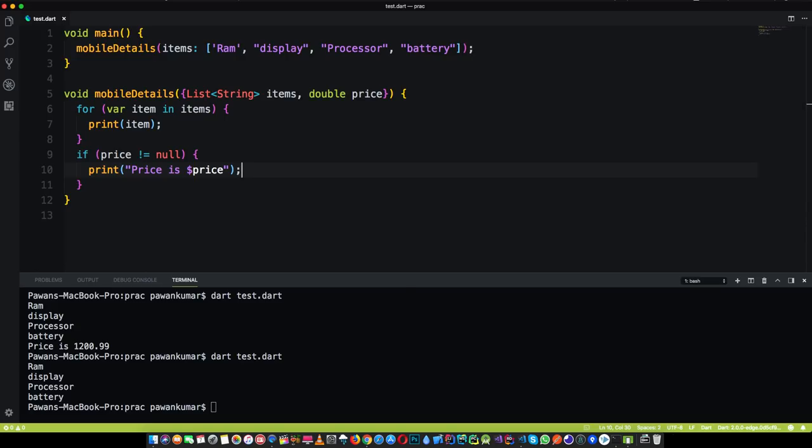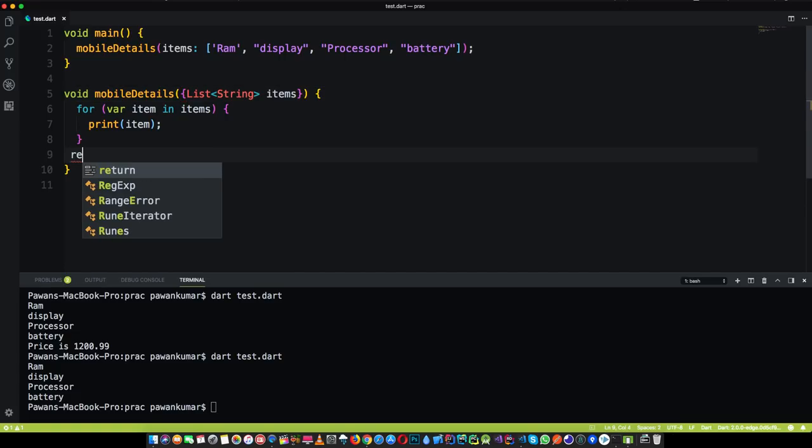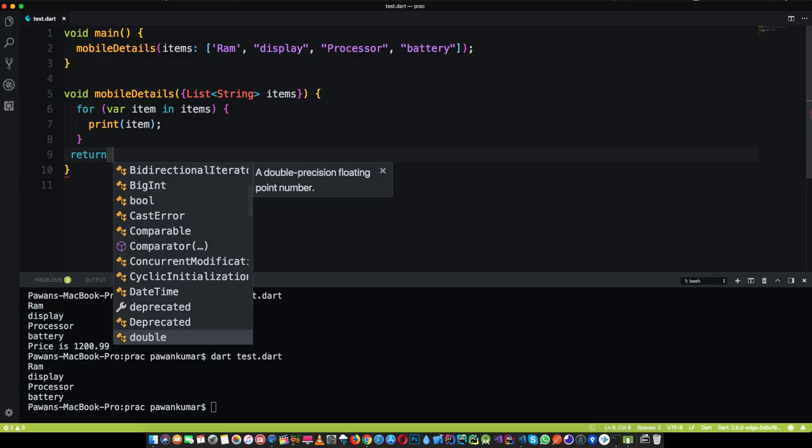This is more or less everything that is included in that. There is nothing else it will ask you to do. Now let me just say that if I want to calculate this price, let's say I just calculate this price somehow and return the price. So I will return